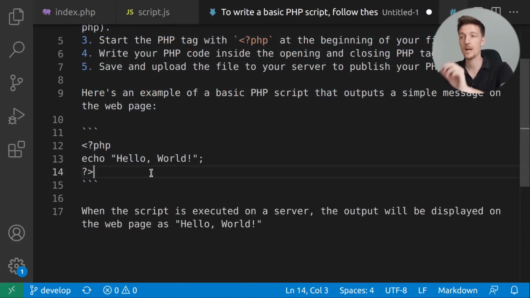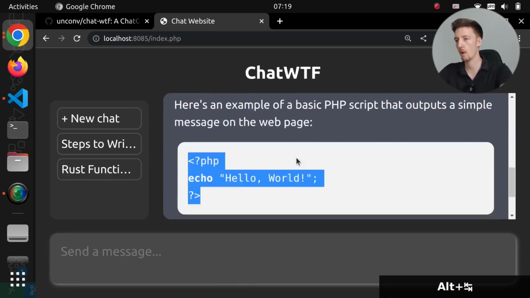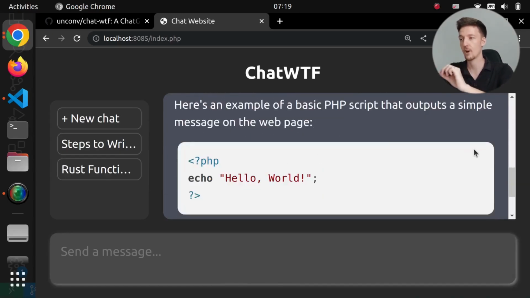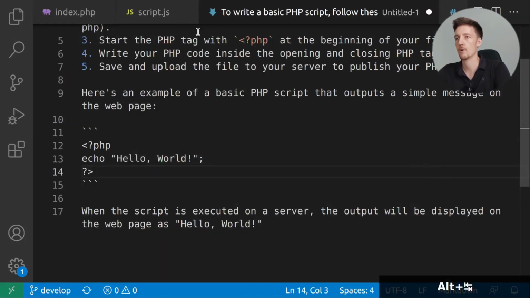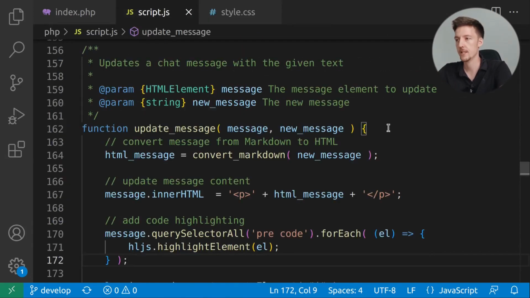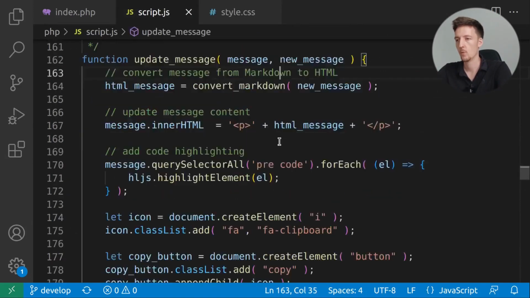So in today's video, I would like to add a copy code functionality so that every single code block that it generates would have a copy button. So let's do that. So let's go back to our script.js, and previously in the update message function, we added